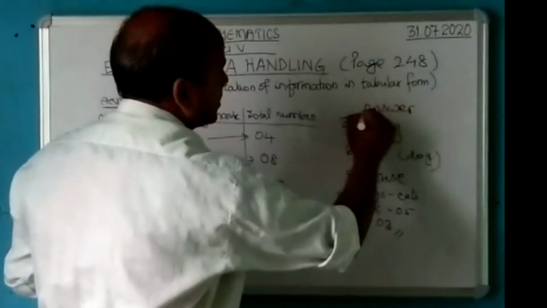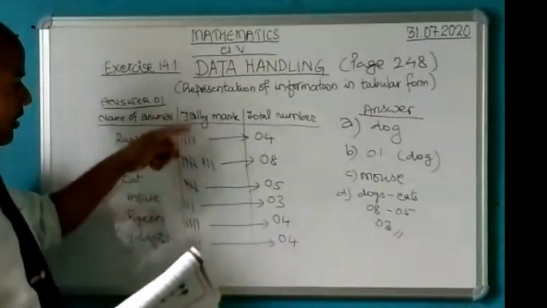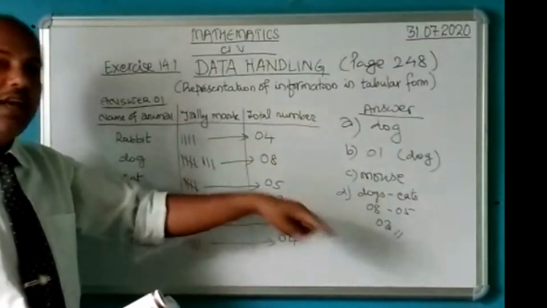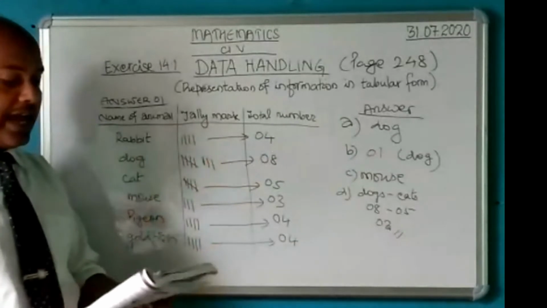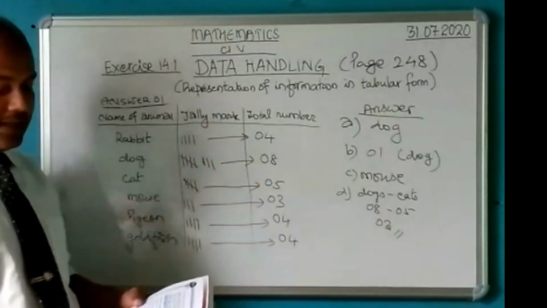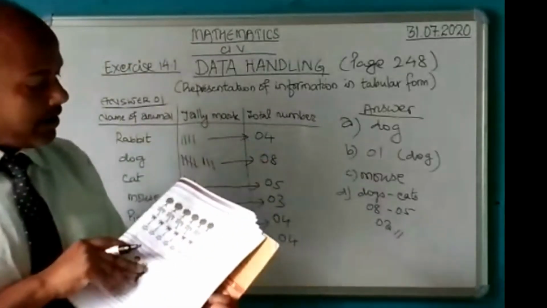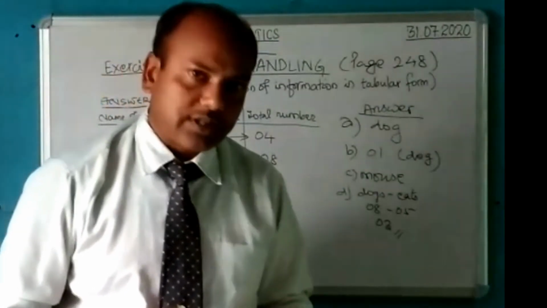Answer to the first condition. Alright. Read the condition, tabulate it, make the table, and answer the question this way. You will have to copy the question. Though I have not done it, you will have to copy the question and answer in this way. This is called data handling. Now children, this is number 1. Numbers 2, 3 and 4 are also there. One I will do, the remaining you need to do yourself. Alright?